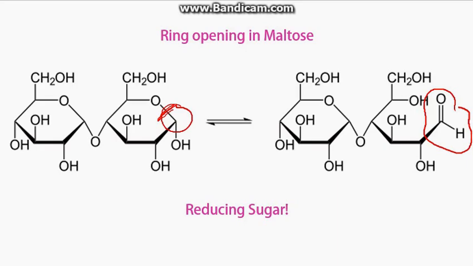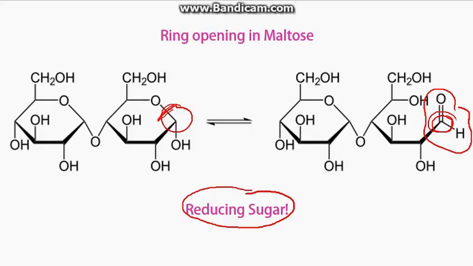Now how is this important? This is important because it helps the sugar behave as a reducing sugar. A reducing sugar is a sugar which is able to reduce oxidizing substances such as Benedict solution or Fehling solution. So when these sugars give a positive test for these solutions, we call that sugar a reducing sugar. So how does a reducing sugar behave as a reducing sugar? By converting into the CHO group. This CHO group is the one which can get oxidized.